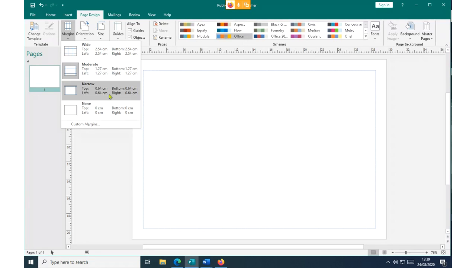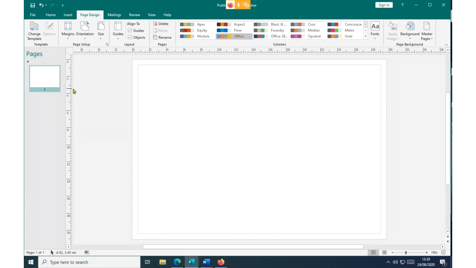So we shall click on Narrow. And immediately we do that, you can see our area has changed, and the space on the top margin and the bottom margin, the left and the right, is very small, which is very okay for us.